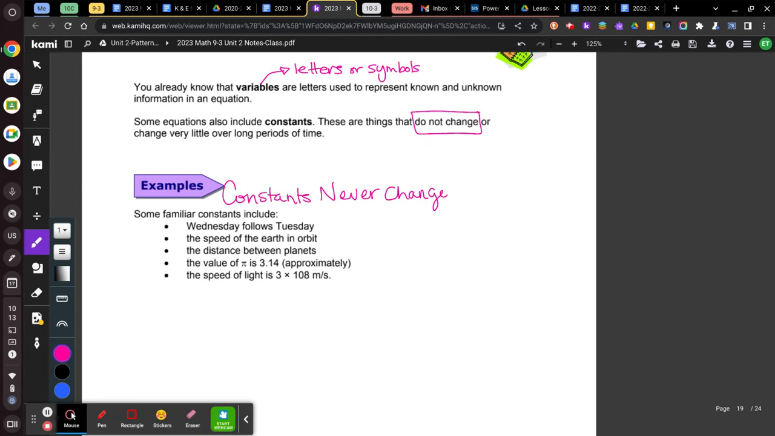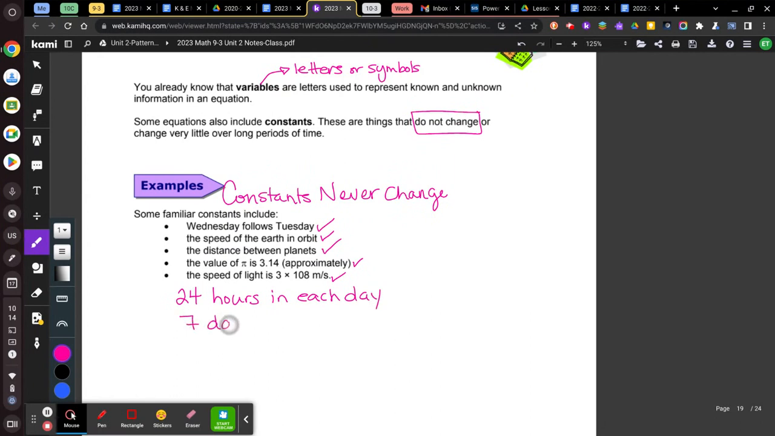It says Wednesday follows Tuesday, always. The speed of the Earth in orbit will always be the same. The distance between planets, that roughly stays the same. The value of pi is 3.14 approximately. The speed of light is 3 times 10^8 meters per second. That also stays constant. Other constants: 24 hours in each day,